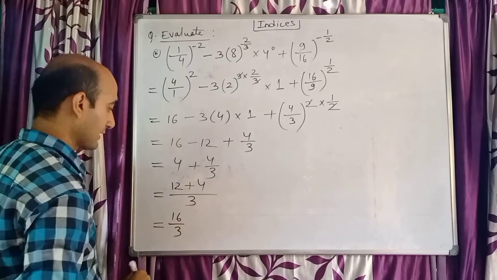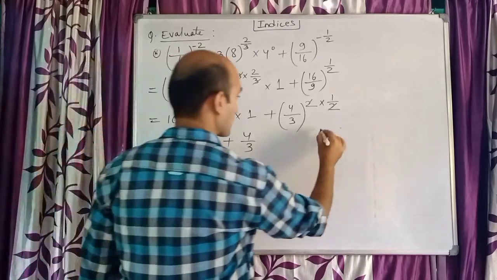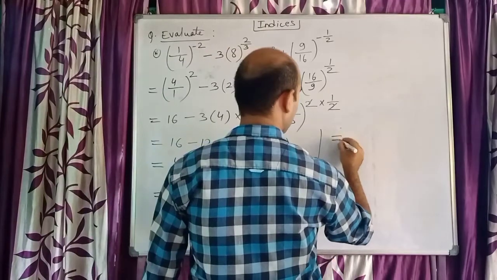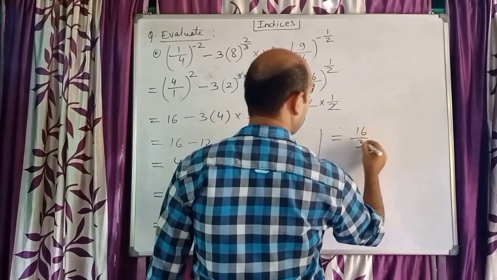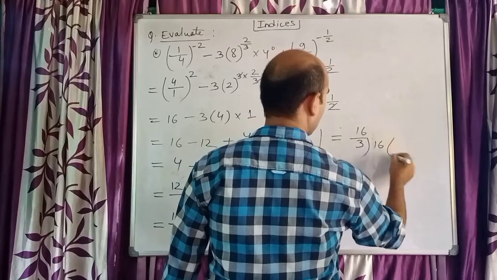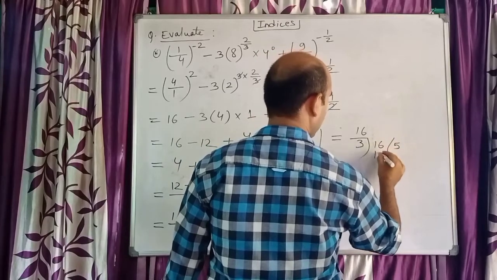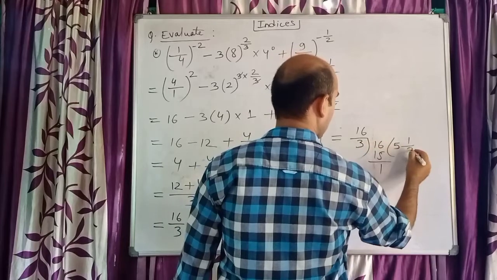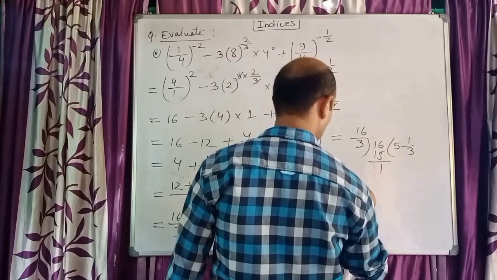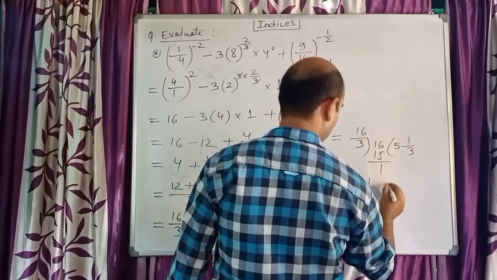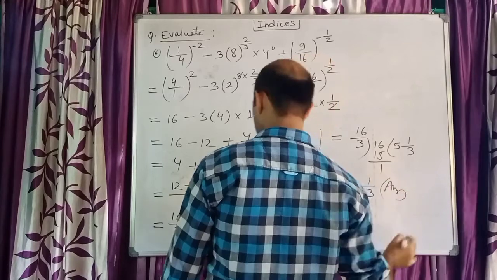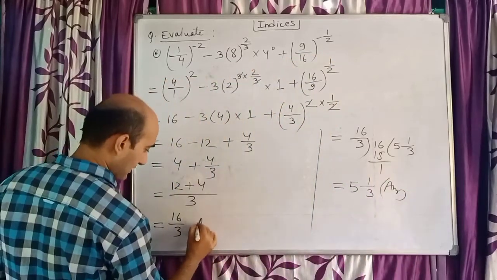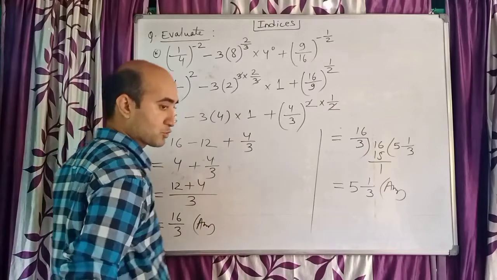16 by 3. So the remaining part you can do like this also. 16 and 3, you can divide here also, directly you can write. 3 5s are 15. So here we have 1. This 1 comes here and this 3 comes here. So my final answer will be 5 whole 1 by 3. This is correct. If somebody wants to write the answer here, this is also correct, no issue.